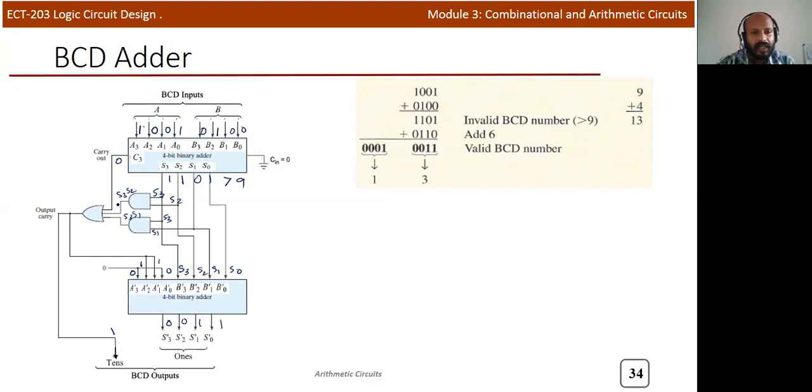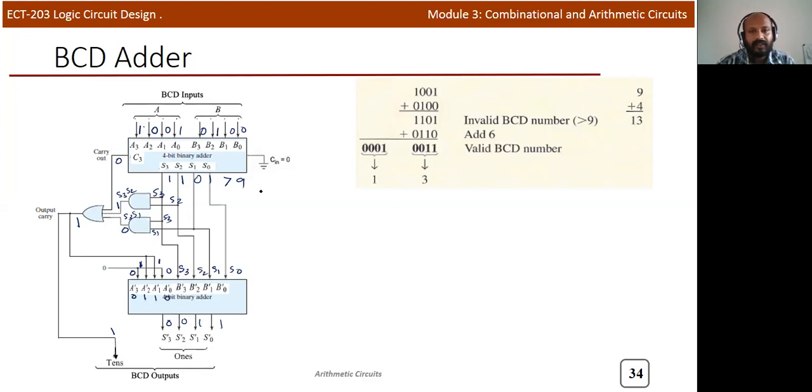S3 is equal to 1 means this AND gate output is equal to 1, and S3, S1 is 0. But since S3, S2 is 1, the OR gate output will be 1. So automatically these two values will be 1. So here you'll get 0, here it will be 1, here it will be 1, and finally it will be 0.